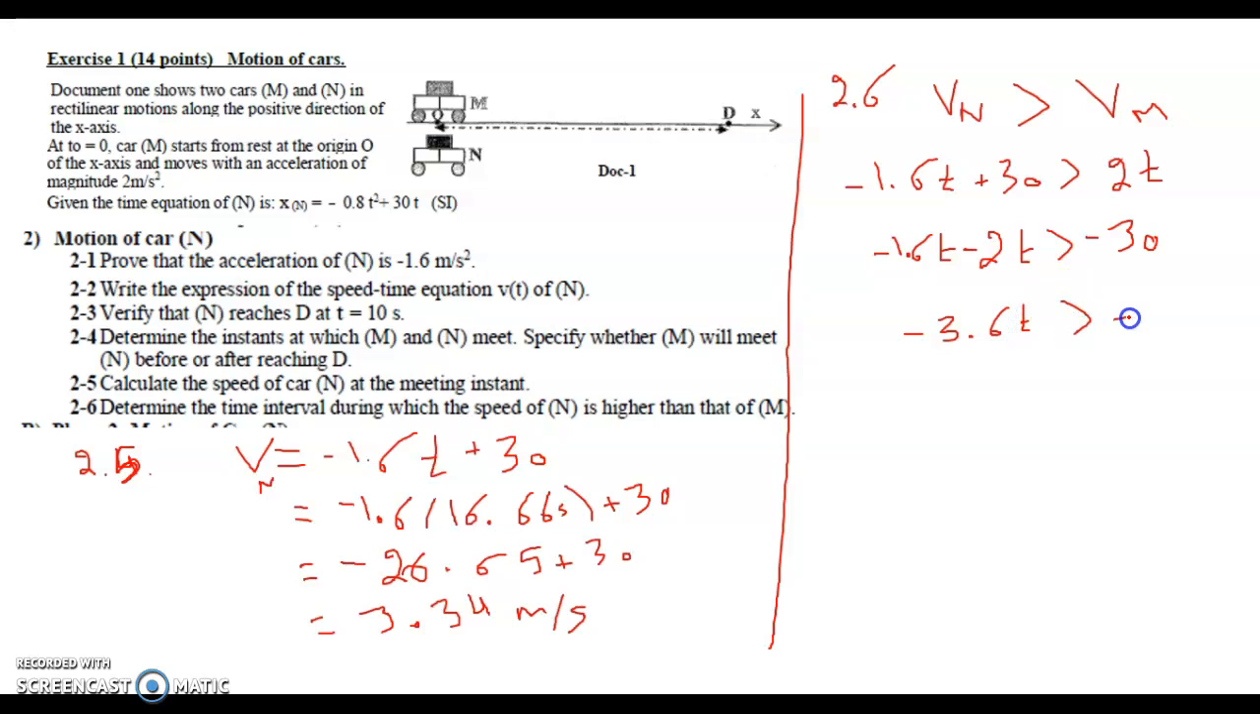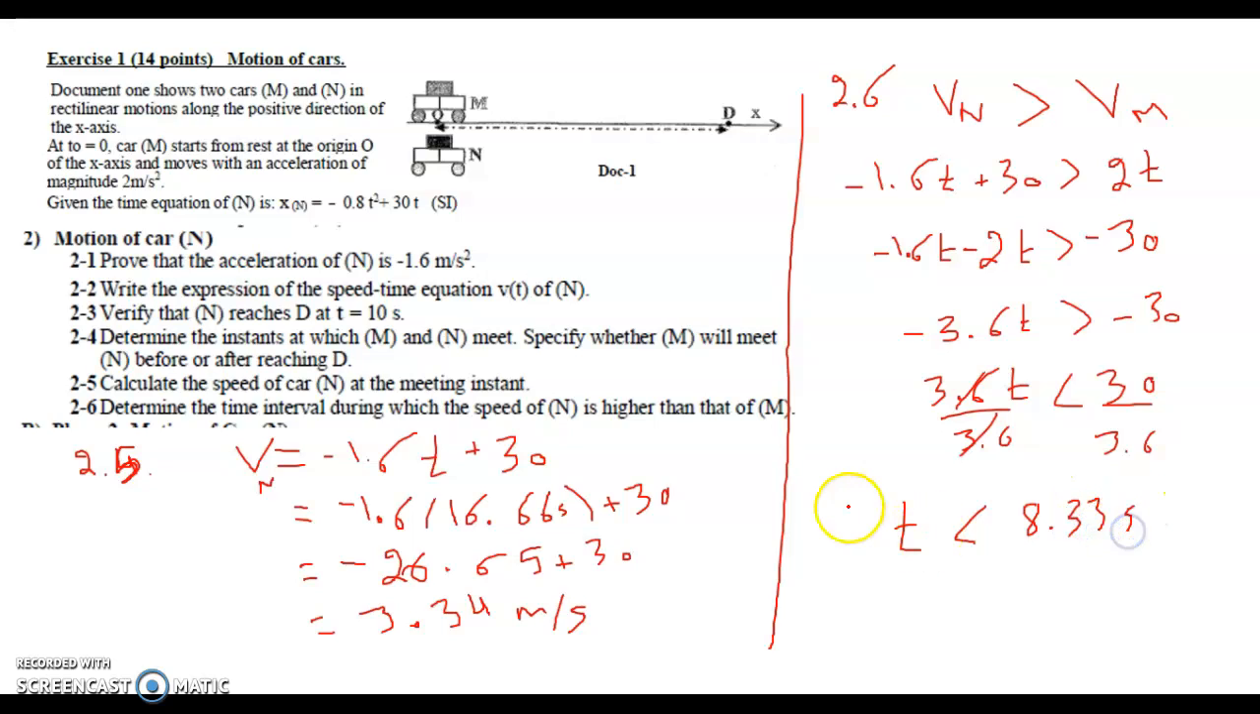greater than minus 30. Because we have a negative coefficient of t, we multiply that inequality by negative and we have to invert it. So it becomes 3.6 t less than 30, multiplying both sides by negative 1. Now divide both sides by a positive value, which is 3.6. 3.6 and 3.6 cancel. We get that t is less than, and we have calculated 30 divided by 3.6 is 8.33